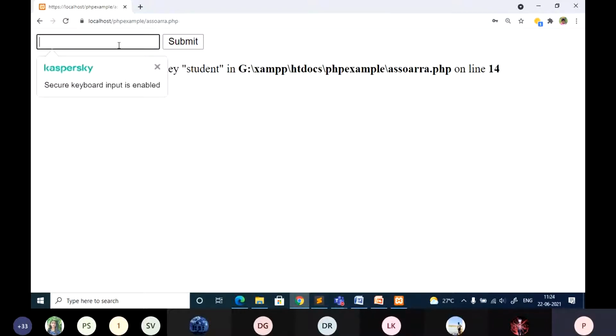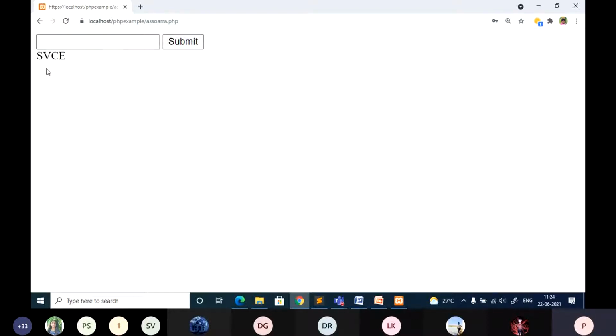Now let me just type some password here. Just ignore this warning I am getting. Okay, if I submit, you already know what happened in the GET. Can you see? Here I can access it, but it is not passed through the URL. So the password is not visible. It is not passed through the URL, so that is the reason. That is the main difference between GET and POST.